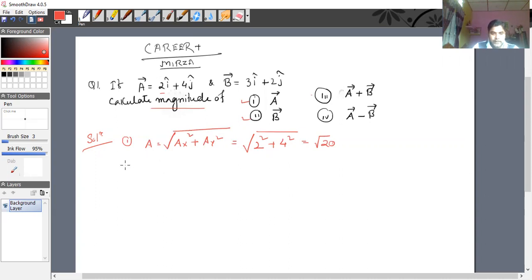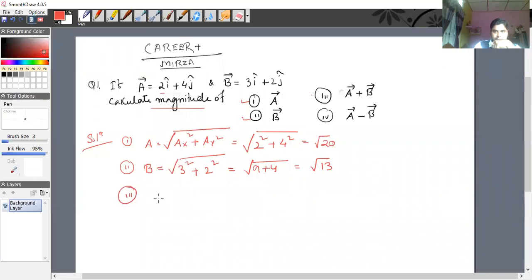Similarly, what will the value of B be? You can do this one yourselves now. The value of B will be root over BX square plus BY square. BX is 3 square plus BY is 2 square. So that means 9 plus 4, which means 13, root over 13. Third one,